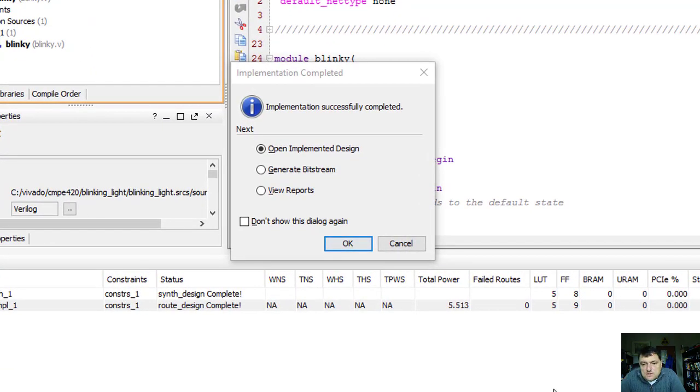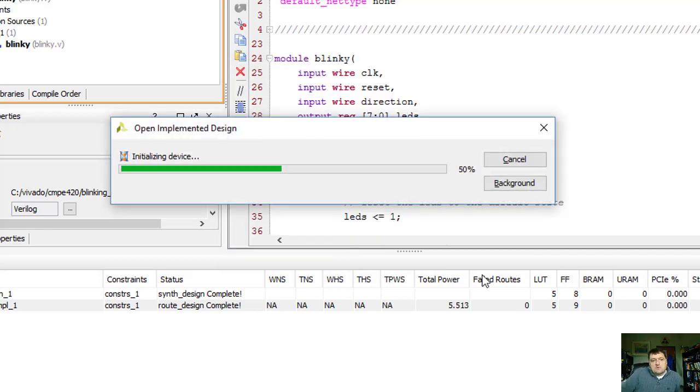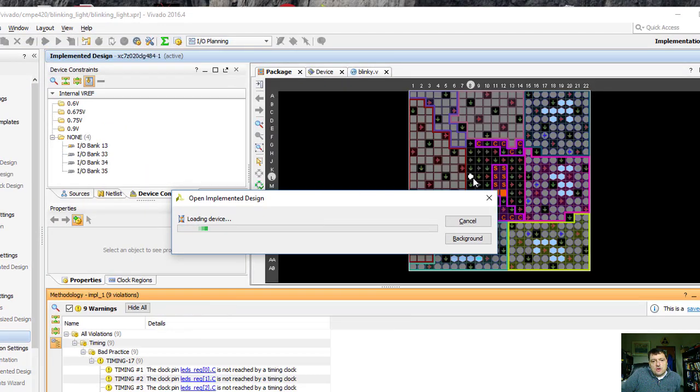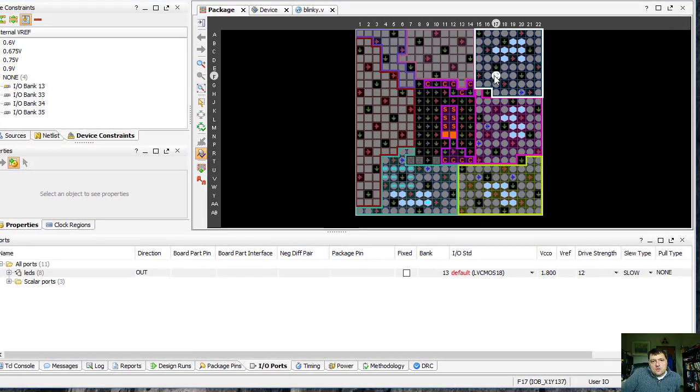So this took just a few minutes, and at this point Xilinx Vivado has generated an implementation file, and if we were ready to move to the next step, I would go ahead and click on Generate Bitstream. But in this case I want to open the implemented design, and what this is going to do now is take me to a view of the actual organization of the part. And this view is showing me all of the different sites on the FPGA, and so this is almost a 500 pin part, and we have locations A through AB, and then coordinates 1 through 22,